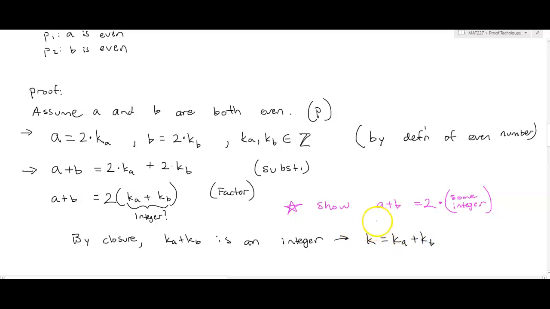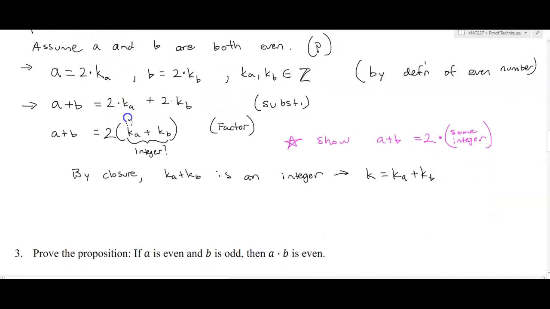It doesn't matter what you call these letters. It could be W for all intents and purposes. But the reason I do this one last step is so that it looks absolutely, irrefutably like an even number. So in this final step, I'll just say, okay, so this was my next step after that. This next step was just a statement. And then my final step here is just going to be to say, well, that means A plus B is equal to, and we said that KA plus KB, we'll just call that K, a brand new integer. And so A plus B is equal to 2 times K, which means that A plus B is even.